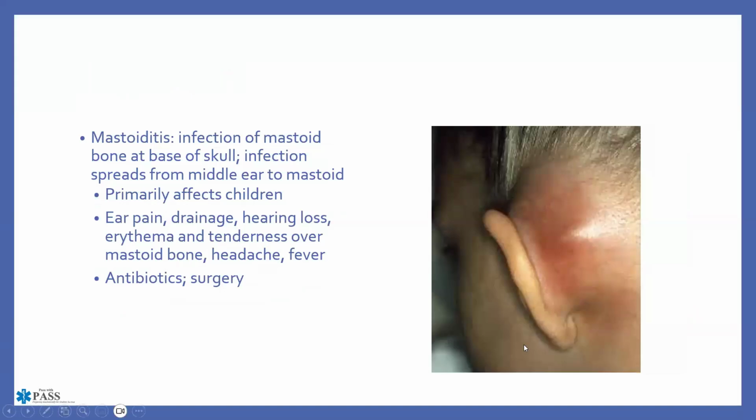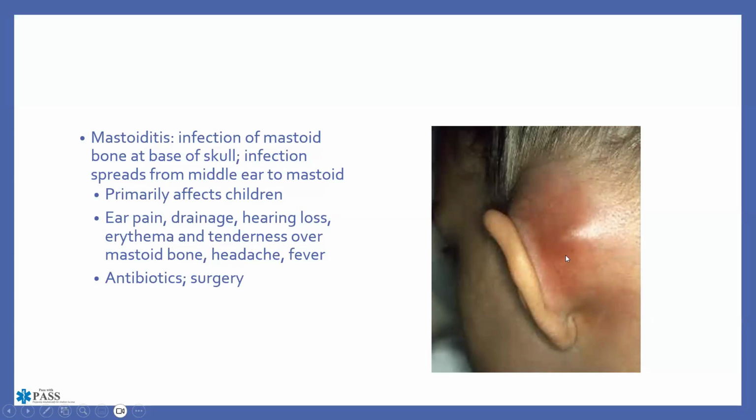Mastoiditis is an infection of the mastoid bone at the base of the skull. Primarily affects children as well. This is an example of what mastoiditis might look like. It's in this posterior auricular, kind of behind the ear. Ear pain, drainage, hearing loss. There's going to be erythema, which you can see, that's just that reddened, unfriendly kind of look,